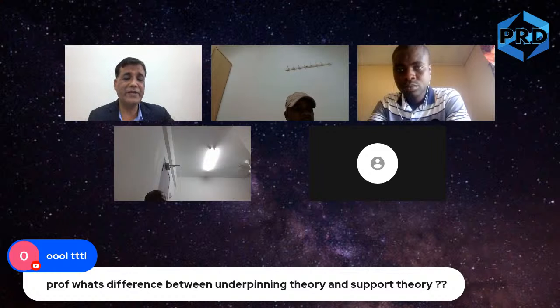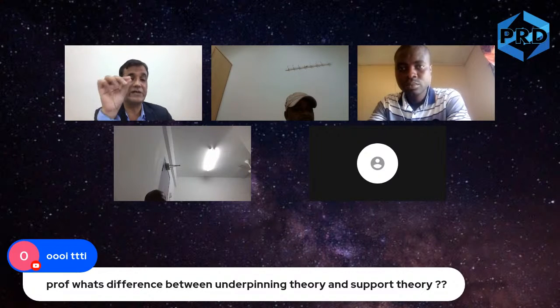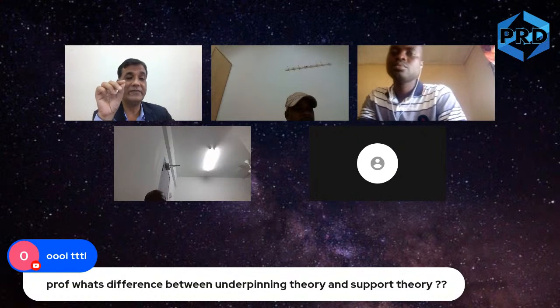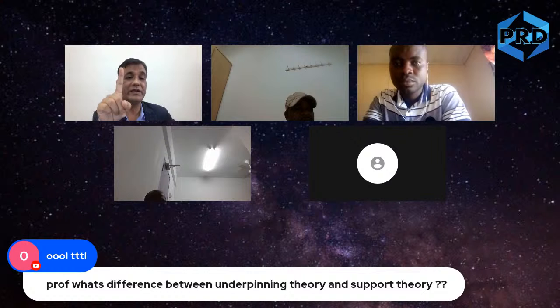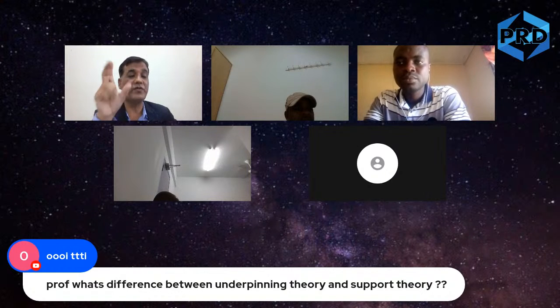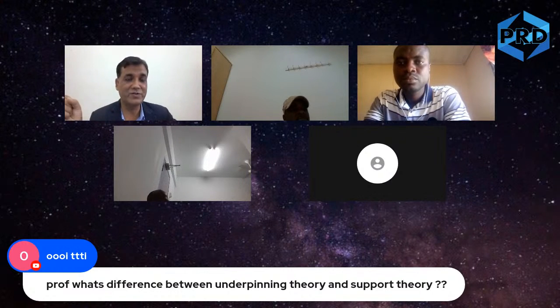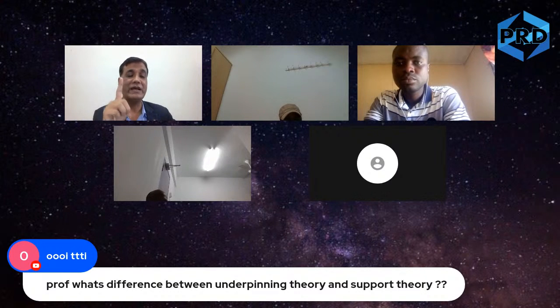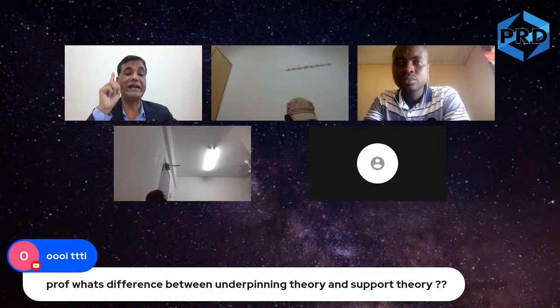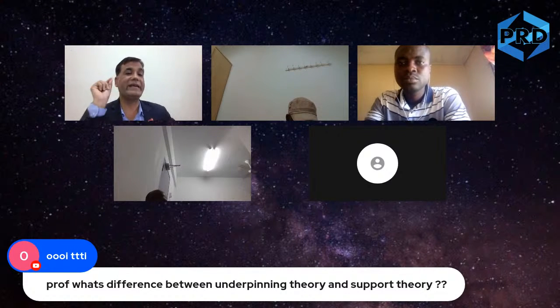Basically both are the same, underpinning theory and supporting theory. Underpinning theory is the theory that supports the variables being extracted. If you have taken variables from a theory, that is the underpinning theory. Sometimes you may have a theory that supports your framework, but you have not taken any variables. So you say that is your supporting theory, no problem with that. So please understand what underpinning theory is. Underpinning theory is the theory that identifies variables for your framework. A supporting theory is possibly a theory that supports your framework, but you did not really take any variables from that specific theory. So it still becomes a supporting theory, okay?